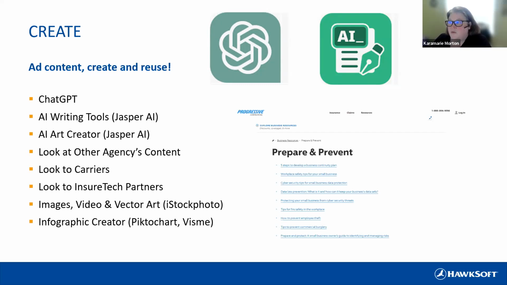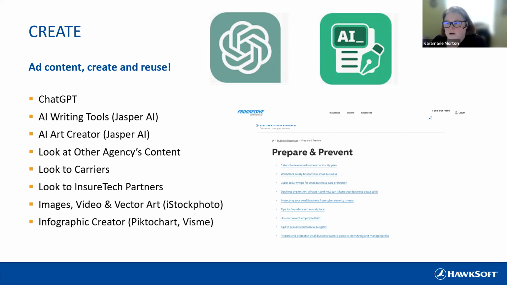But if you need to look for something more, or you want to start from scratch, ChatGPT, I'm not sure if you guys have it. It's a free account. Go in and set up your free account and start putting in different questions that you might have related to the problem you're trying to solve. See what ChatGPT does.